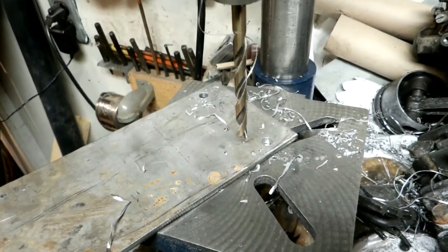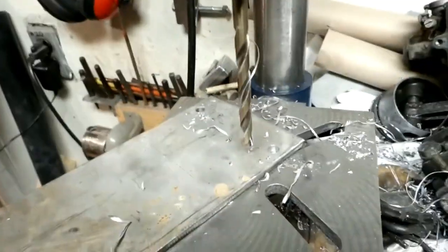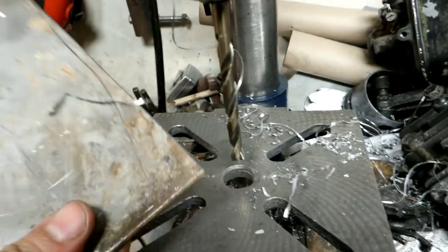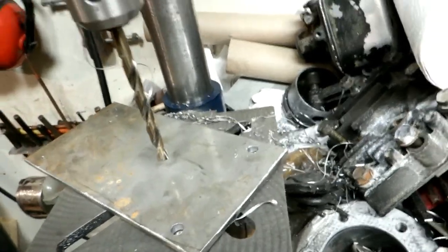So I'm just about 3/4 of the way through drilling the plates here. I just want to mention the drill bits I'm using. I actually pre-drill with an 1/8" bit. Kind of like a center drill, but it's just a 1/8" drill bit. Then I'm